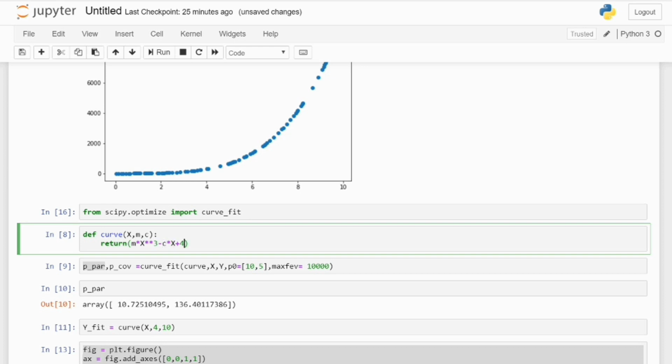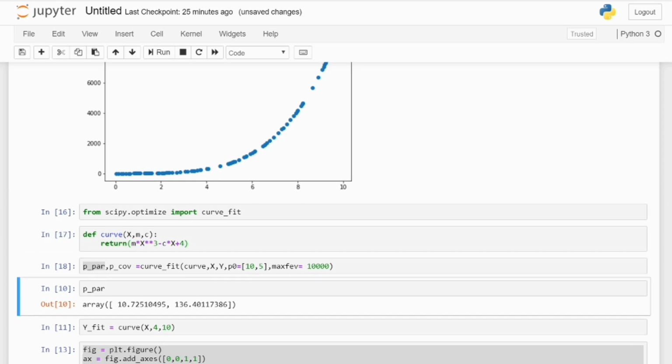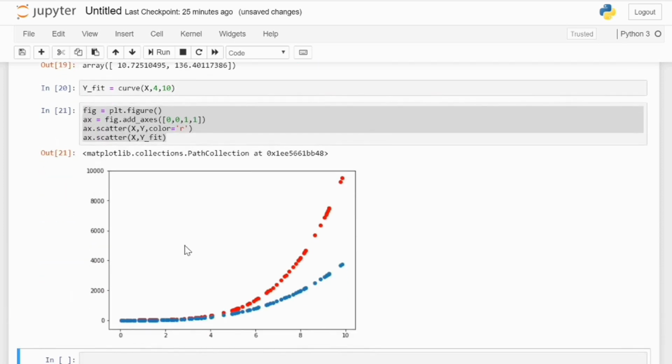This is a simple nonlinear equation and it has a cubic term. So let's try to fit this cubic on top of these points. Right now you can see that since we have utilized a cubic equation, it has given a higher slope. For the initial points, it was able to fit on top of these points, but as we go further from the origin, our fitted curve is going upward.